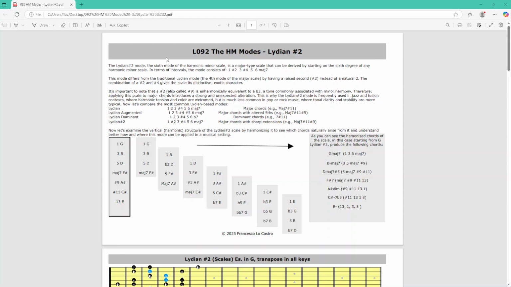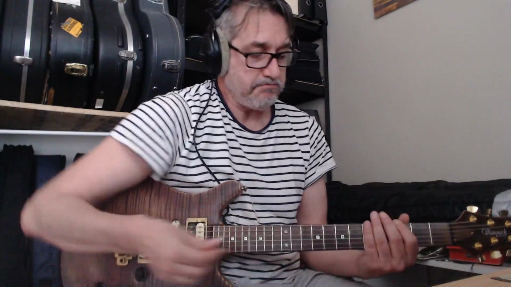This mode differs from the traditional Lydian mode, as in the 4th mode of the major scale, by having a raised second, sharp 2, instead of a natural 2. The combination of a sharp 2 and a sharp 4 gives the scale its distinctive exotic character. So if we think in terms of the differences in between Lydian and Lydian sharp 2,